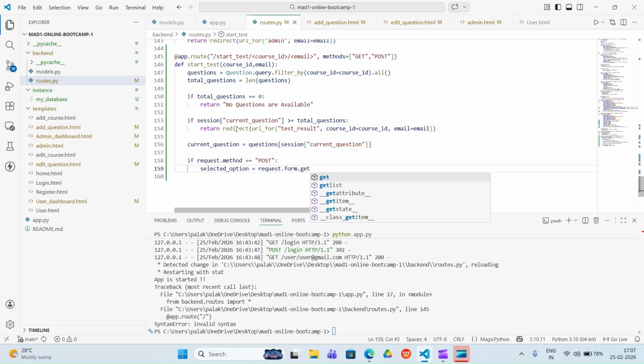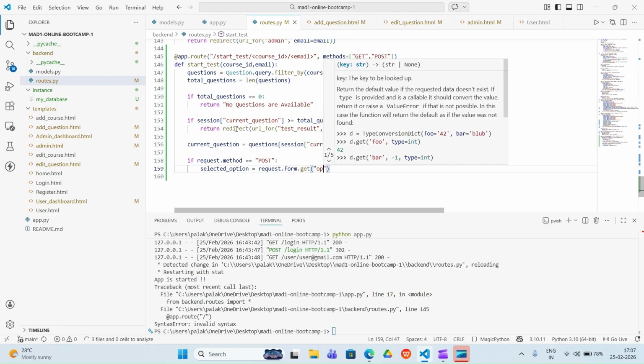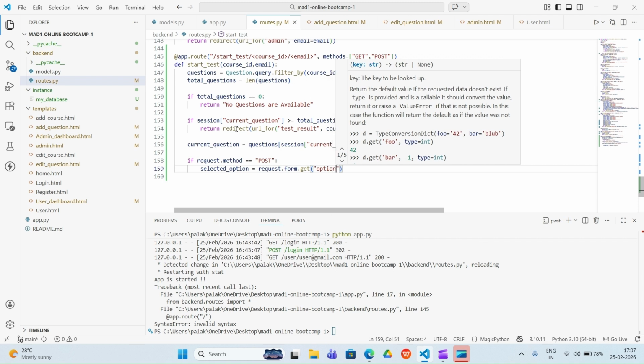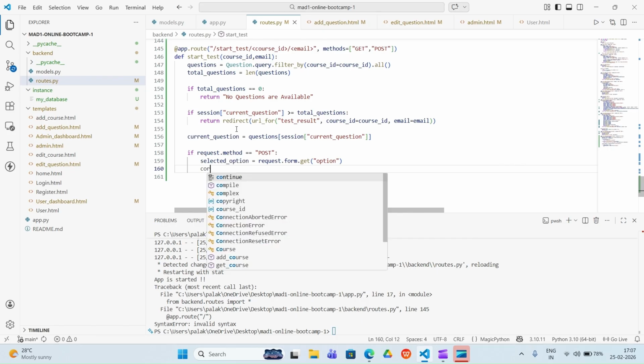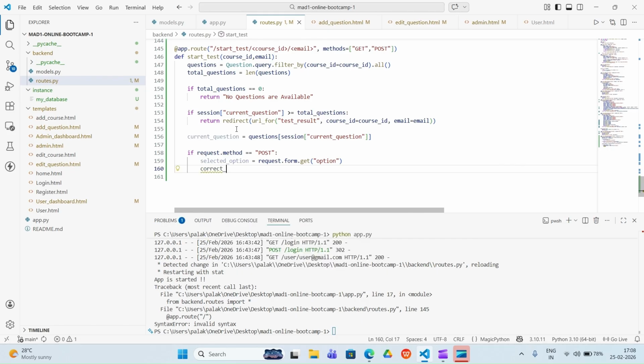So you will write here request.form.get option. Then we are going to have one correct option, and that correct option will be current question dot correct option, which the admin has given.